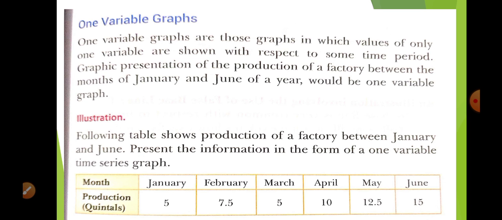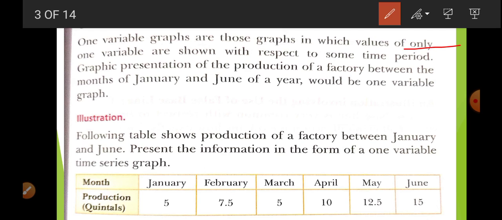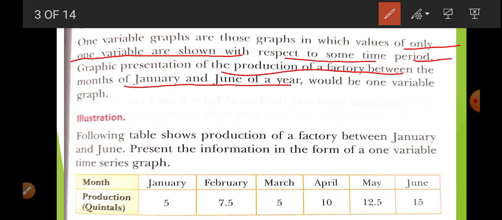Okay, now it is of two types: one variable graph and two or more variable graph. First of all, the one variable graph. One variable graphs are those graphs in which the value of only one variable is shown with respect to some time period. Okay, graphic presentation of the production of a factory between the months of January to June is an example of